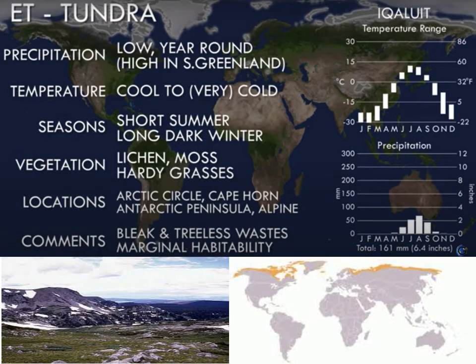Then we come to the last classification, E. The E classification has two things, one is tundra and the other is polar ice caps. So tundra, ET, is further north than the subarctic zones. These are the polar zones with very low summer temperatures and permanently frozen soil just below the surface. It's permanently frozen, so it's also called permafrost. Only very hardy grasses or shrubs survive here. Tundra also occurs in small alpine areas, or between South America and Antarctica, in hilly areas. A similar tundra environment is also seen in highlands.